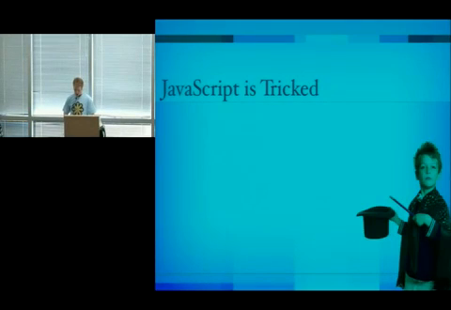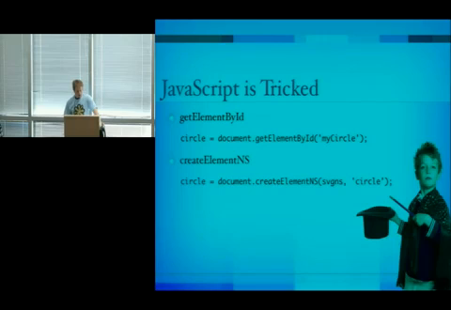I spoke a little bit about how JavaScript is tricked. One of the cool things about the toolkit is JavaScript that runs on the page thinks that there's native SVG support. So you get things like getElementById, creating an element. One of the slight nuances when working with SVG is you have to give the namespace. So you create an element, and we plug this global variable SVG NS into the page because almost everyone defines that anyway. So that can make it easier for people to just start using this.